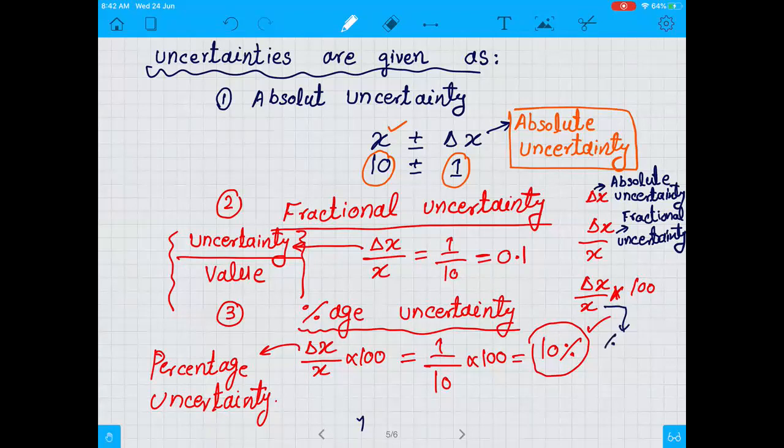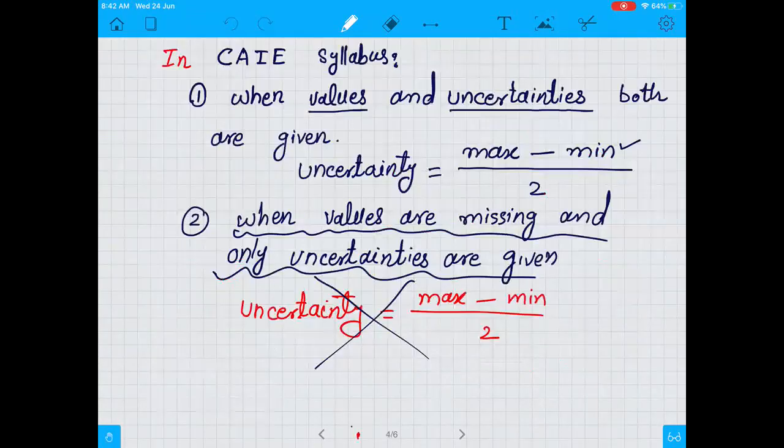So these are the three methods by which you can write an uncertainty. An uncertainty can be written as absolute uncertainty, or it can be written as fractional uncertainty, or it can be written as percentage uncertainty. And when we get a problem where only uncertainties are given and